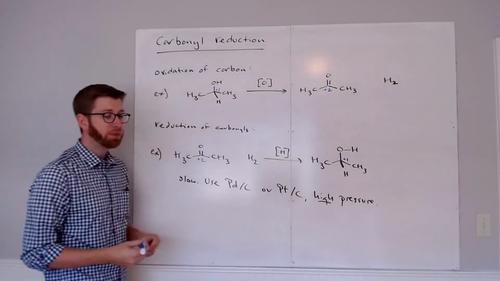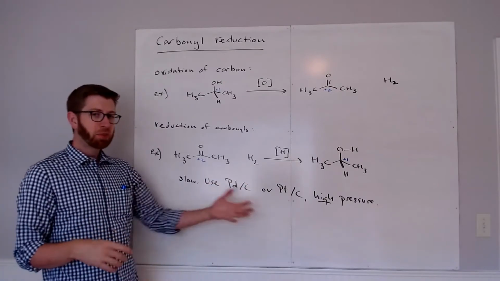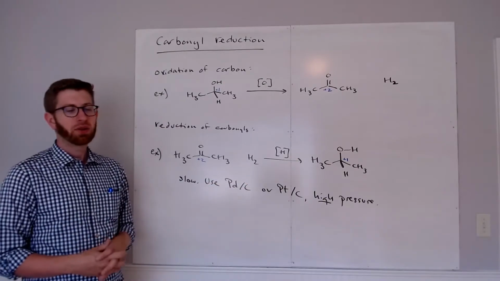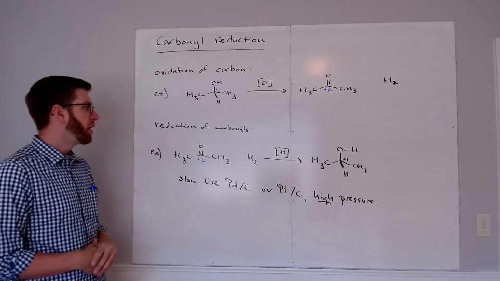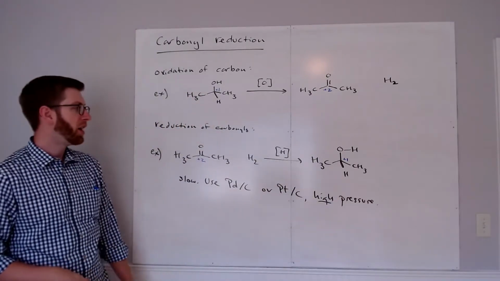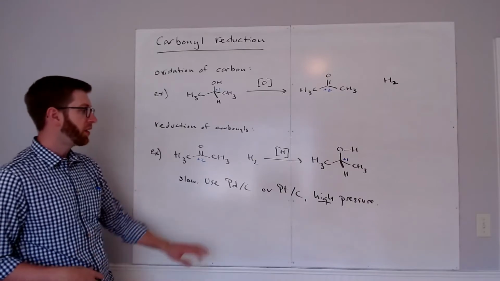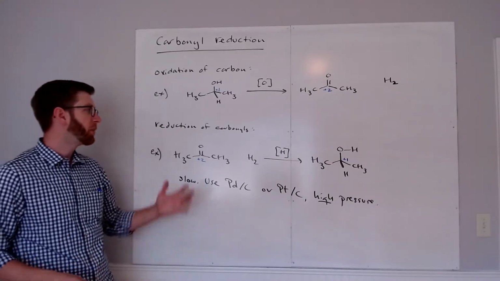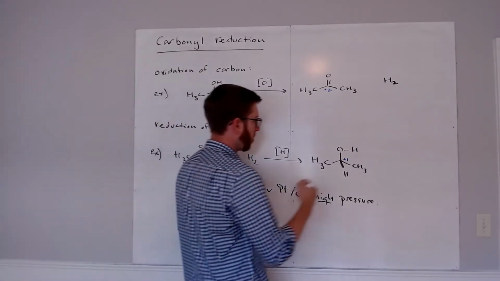There's our reduction, using H2 and a catalyst. But these pressures are extremely dangerous in normal lab environments in some cases, and they're not always convenient. So if you actually bought isopropanol from a grocery store, for instance, it might be made on an industrial scale using this type of chemistry, but it's not the only way that we can do these kinds of reductions. One of the things that we notice is that we're doing a lot of work to introduce this bond,